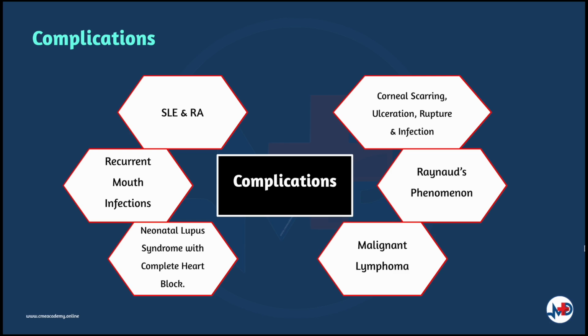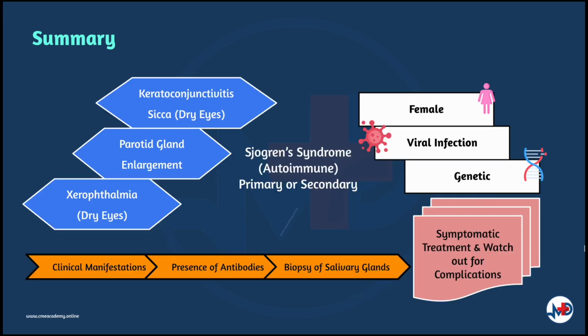B-cell lymphomas such as MALT, mucosal-associated lymphoid tissue lymphomas, are also associated with Sjogren syndrome and may manifest with parotid swelling. Pregnant mothers with Sjogren syndrome may experience fetal loss, and the infant may have neonatal lupus syndrome with complete heart block. So to summarize, we have understood what is Sjogren syndrome, which can be divided into primary or secondary